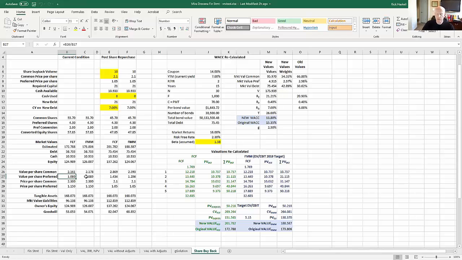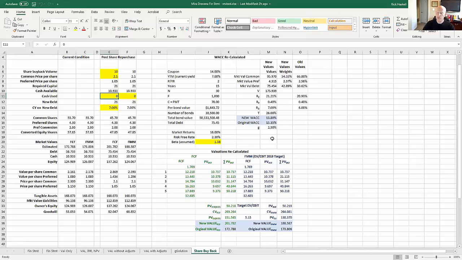I'm guessing that'll make sense to you. We've gone over this kind of process a couple of times now already, but this is the first time that you've seen me do it in this kind of a spreadsheet format. And again, I think it'd be a good idea for you to try to replicate this, or at least have a good understanding of what's going on so that you can use this kind of a structure in the future. So I've got a couple of things going on here in addition to having highlighted some of the values in yellow. And again, the highlighted values are ones that you're going to input as original input numbers in this sheet.